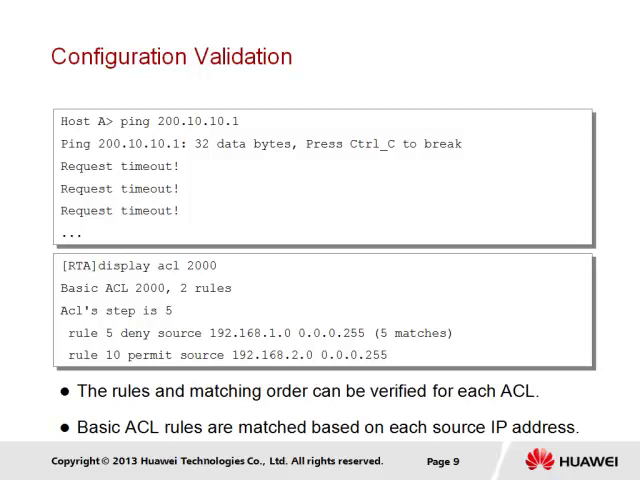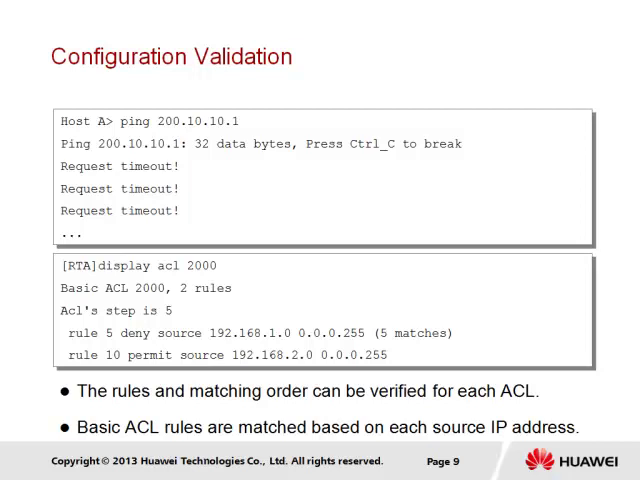If we attempt to reach the location of 200.10.10.1 in the public domain, we will find that our requests from host A are timing out. We can then use the command display acl 2000 to view the rules configured. We will find that the two rules that we have configured are listed here, along with the step order that